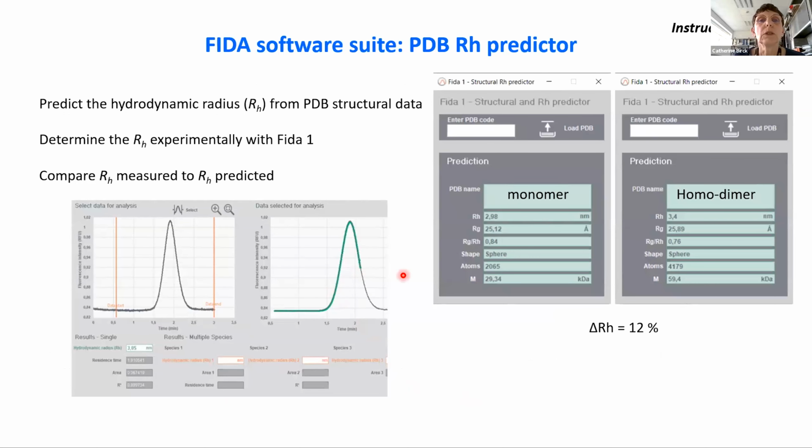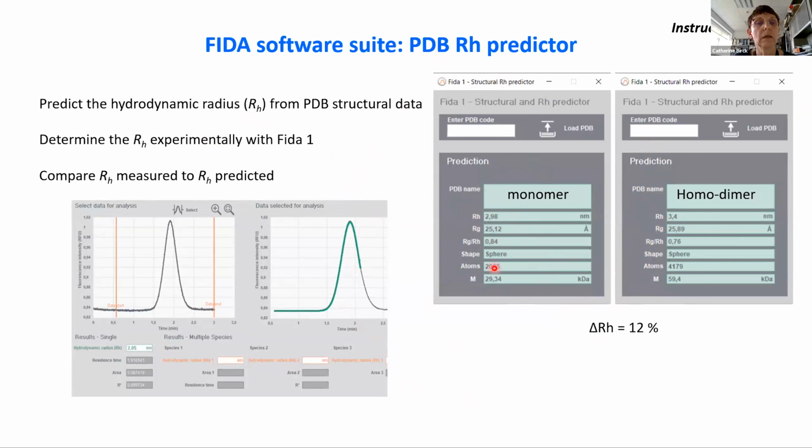In the FIDA software, you can also predict the hydrodynamic radius from PDB data. As it is shown here, the structure of a homodimer. So you can calculate the hydrodynamic radius. It's in this case 3.4 nanometer. From the homodimer, you can extract the monomer structure and also calculate the hydrodynamic radius of the monomer, around 3